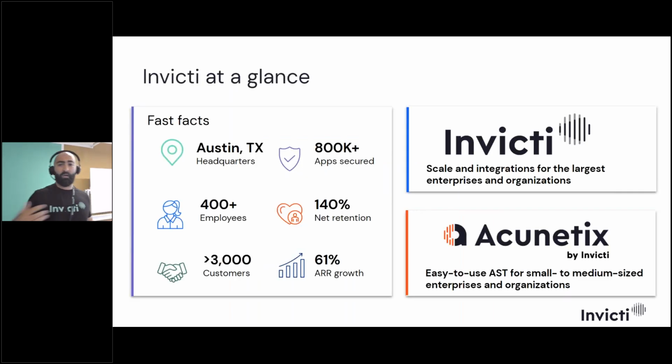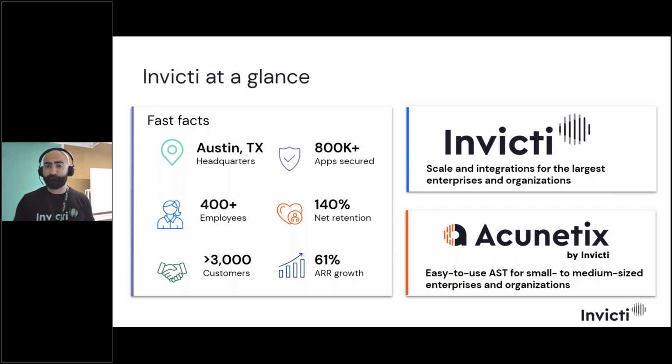Just before we start our webinar and our discussion, I would like to quickly introduce what Invicti is, for those who are not aware of what Invicti does. We are a global leader in web application security for the last 17 or 18 years, since 2005. We specialize in DAST solutions, dynamic application security testing tools.